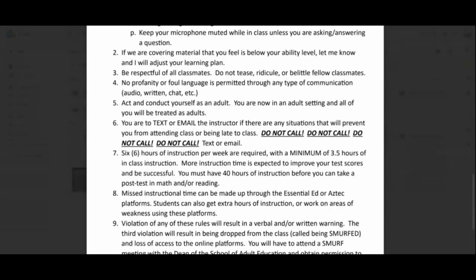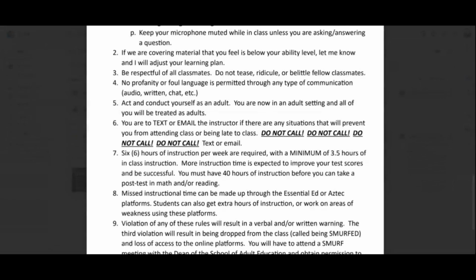Number 7, 6 hours of instruction per week are required with a minimum of 3.5 hours of instruction in class. We suggest that you get more time if you want to improve your test scores or move through faster. The cycle is 40 hours. After 40 hours, you take a post-test, and your post-test scores determine whether you're ready to go on and take a GED